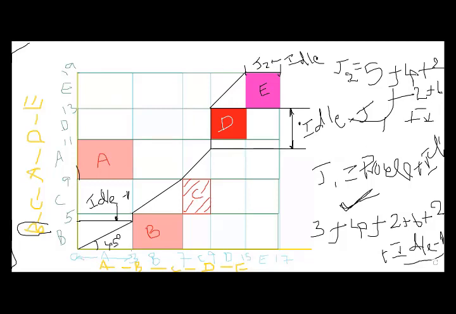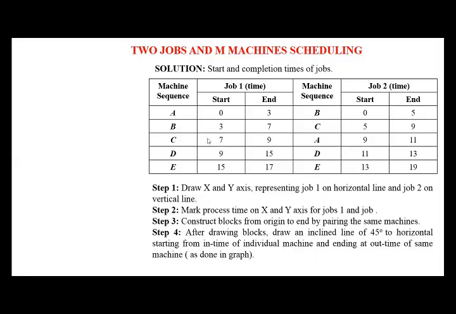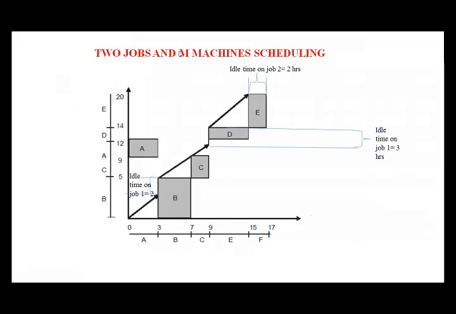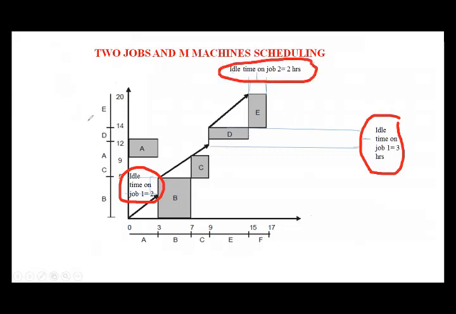So I would like to tell you the ideal times by taking the PPT. Here we mentioned already. Is the PPT visible? Yes, sir, it is visible. Okay. Here from this, the ideal time of job 1 at the first position we have 2 hours, and here we have 3 hours. Already we drew this; already we know how to draw this. And the ideal time of job 2 is 2 hours here. These are the ideal times for job 1 and job 2.